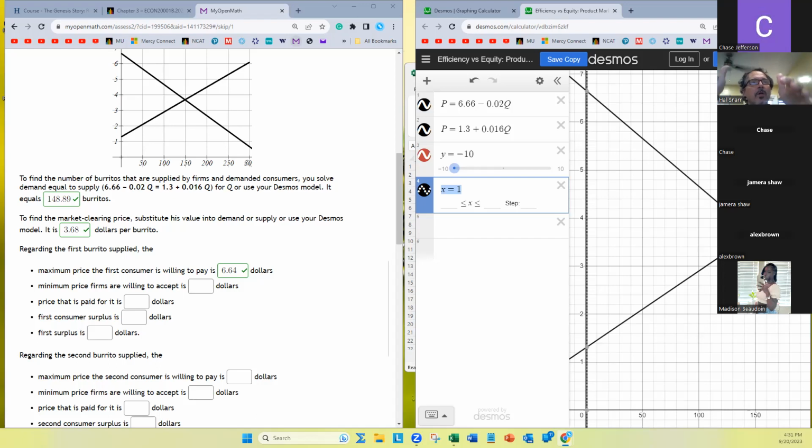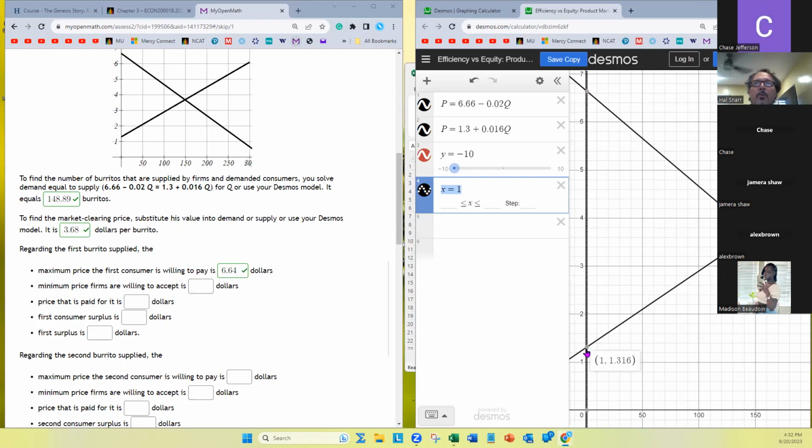So you can think of a line like the Duke UNC basketball game. When it's at Duke, what do people at Duke do? They camp out for a week and a half. Why? Because they want those tickets, and there's only so many of them. The first person in line is willing to pay the highest price, because time is money. So if everybody pays the same price, you can think of the demand curve as being correlated with how long you would stand in line for that product. Okay, so that very first person in my model is willing to pay $6.64.